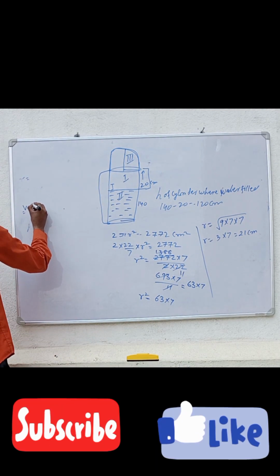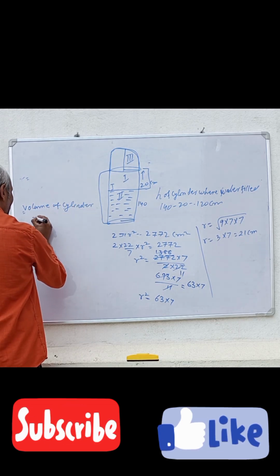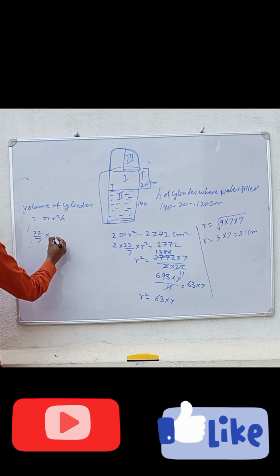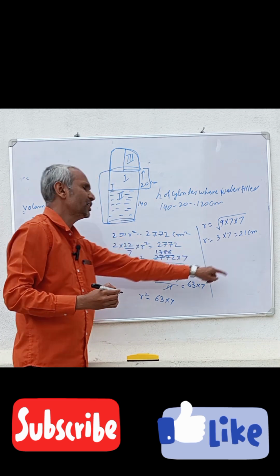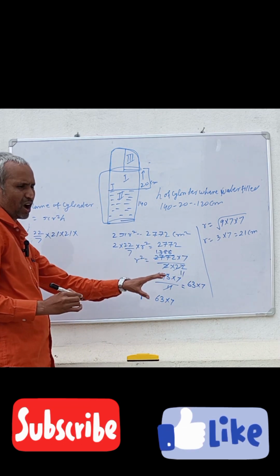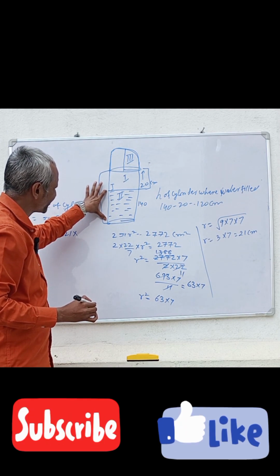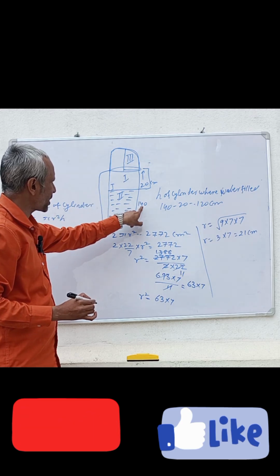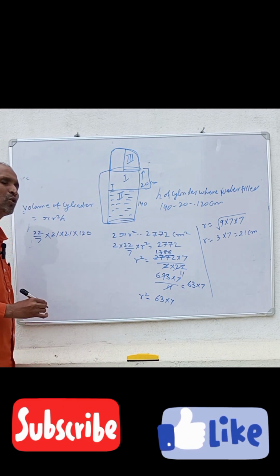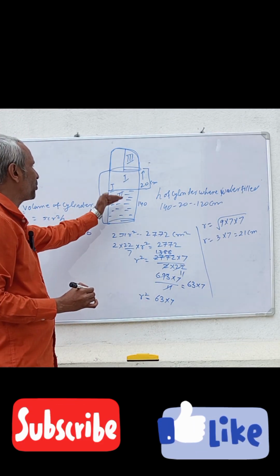The volume of a cylinder, as you know, is equal to pi r squared h. The value of pi is 22 by 7, into r. You already found r, which is 21. So 21 into h. The height of the cylinder is how far the water is filled, up to the indicator given here. That means it is 140 minus 20, which is equal to 120 centimeters. We should not write 140, because the total height of the cylinder is 140, but water fills up to 120 centimeters.